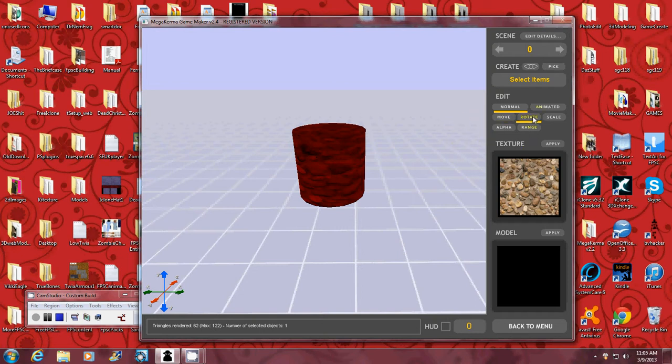Now we'll click on the rotate here. This is the right arrow key, and you see it spinning around. This is the left facing arrow key, the up facing arrow key, and the down facing arrow key. And then if I hit the page up and the page down,